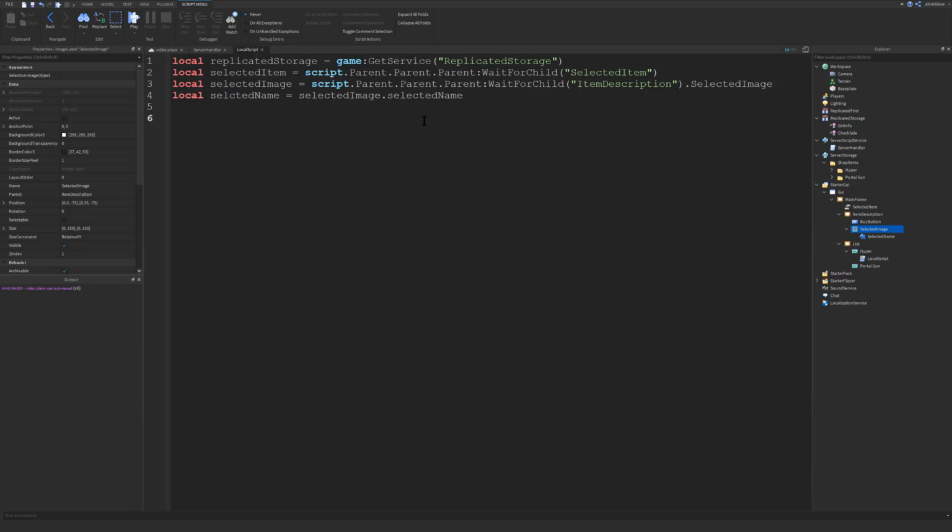So we want to now have a mouse button one click event. This is going to run whenever one of the image labels has been clicked, and what we want to do is make a remote function request. We want to request one of our remote functions to get some information about the tool which has just been clicked. We want to get the price of the tool, so we can say local price, and then make a call to our remote function. We can say replicated storage, get info,